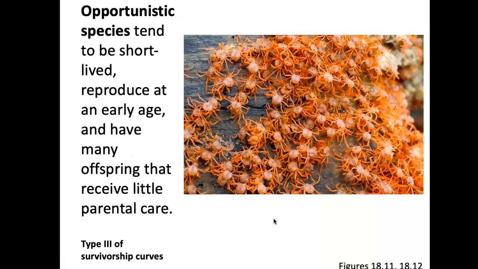A really interesting story of an opportunistic species is the Christmas Island crab. I put a video for you in the other section that you definitely should look at. These crabs reproduce, they have thousands of eggs, and the ground seems to be moving with these little tiny crabs. And they don't receive any parental care. A lot of them get eaten by organisms like ants even, and there are some really nice videos on that. So thousands of them, and very few of them will make it to adulthood. This is kind of like the type 3 survivorship curve.